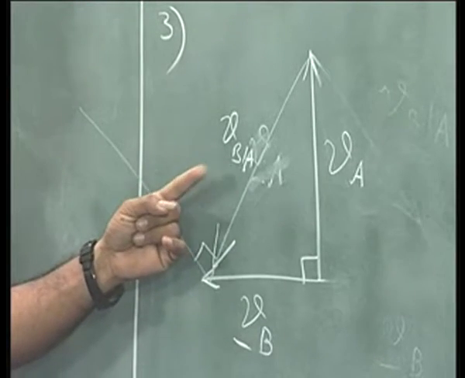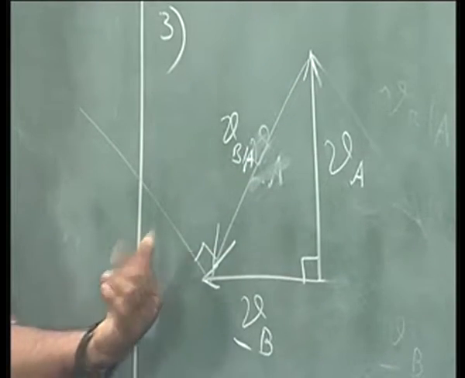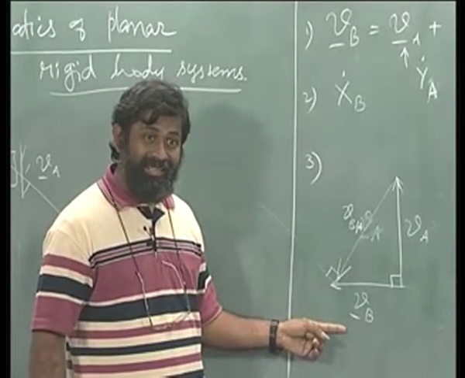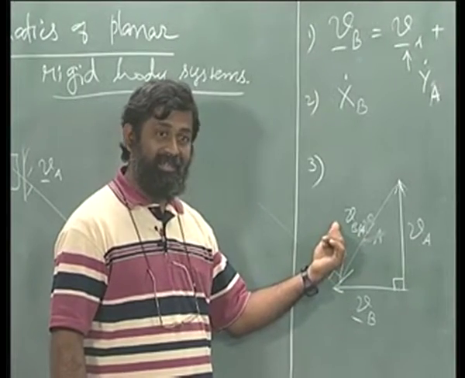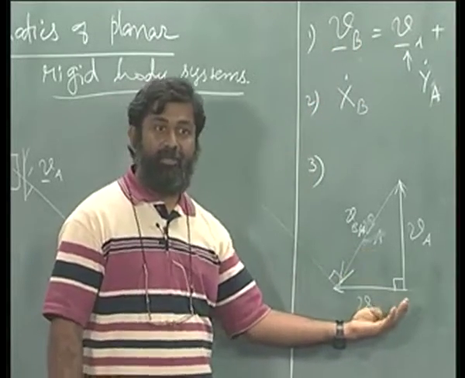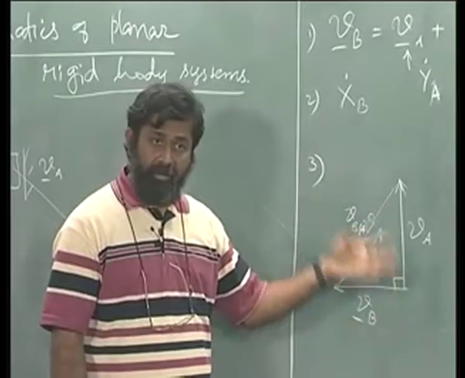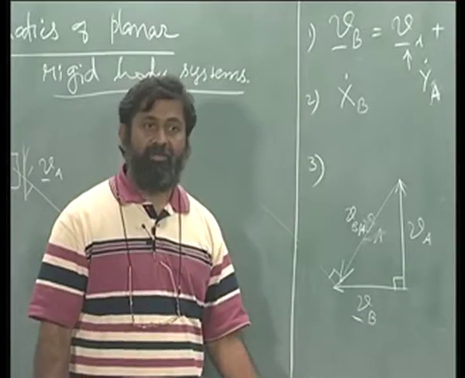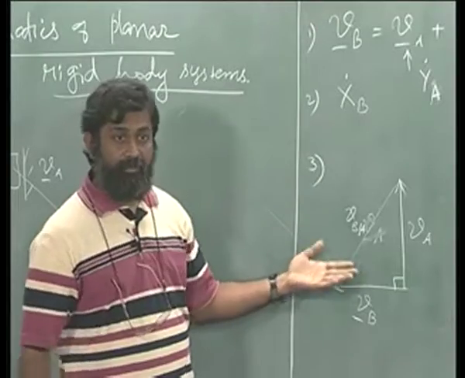If I take the projection of VB with respect to A onto VA, the components have to match, right. That does not involve VB, which means I can solve for omega cross r here. That is similar to what we saw here, but looking at it as a pictorial set of quantities. So, this is the method of triangle of vectors. It can be called the triangle of vectors or the method of vectors. You use the geometry in order to solve this problem. This is a vector method and this is a geometry method.